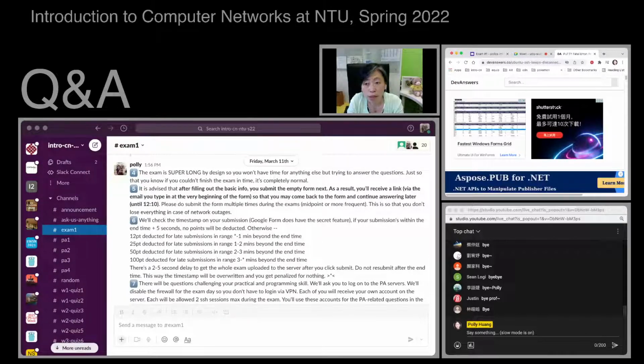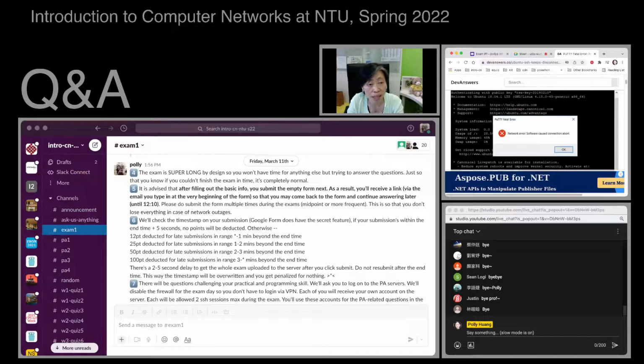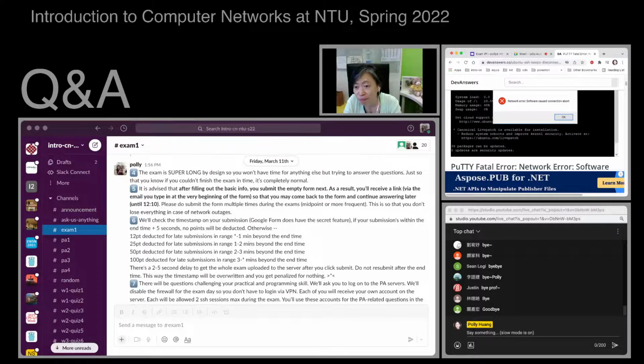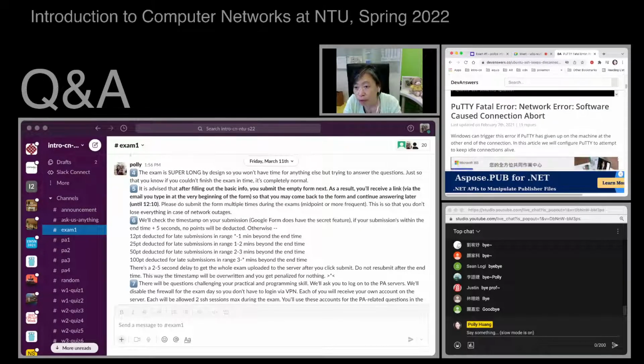Tomorrow, definitely try to have your camera, the laptop and the environment you want to use for the exam, so you have peace of mind if you manage to test everything out. I guess this is the message you got, right, Wei Yuan? It can trigger this error if Party has given up on the machine at the other end of the connection.